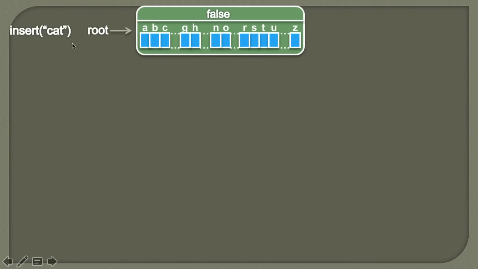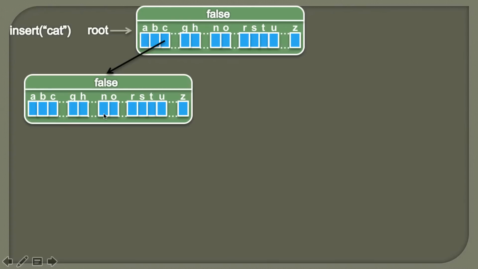Therefore in order to insert the character C, first we will create a trie node, and after creating this trie node, we will simply refer to it from the index 2 which maps to C. Also friends, once we insert this trie node, using this link we simply traverse to this position, and after reaching this trie node, now we will insert A.